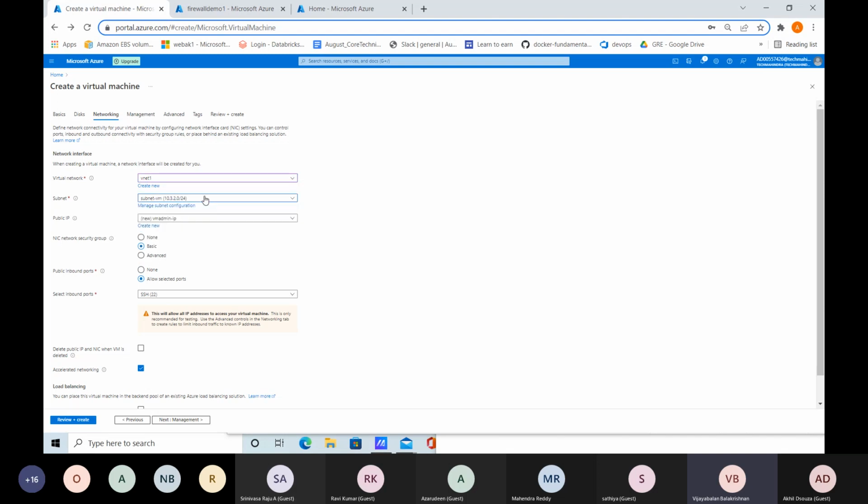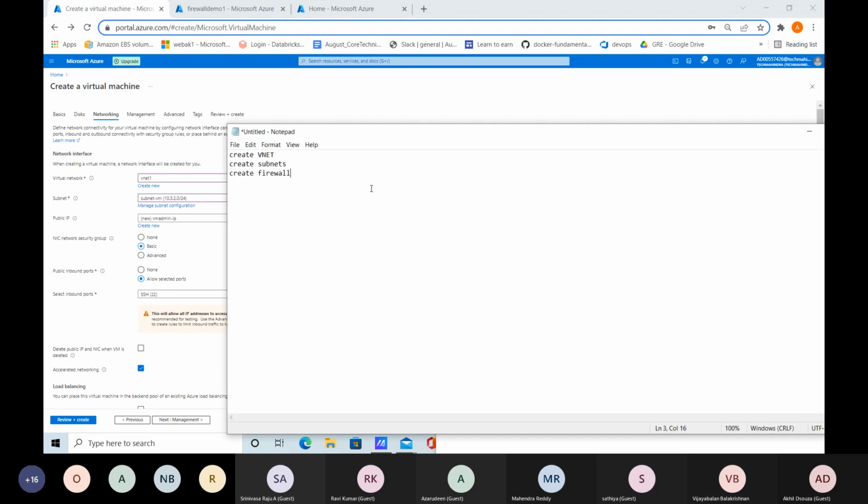So now you are seeing it, right? So that means, can you go back to your notepad? Okay, so now create a firewall. Can you go to the second step? Put a bracket. Create subnets. Go to notepad. Go last. Yeah. Put a bracket. Start with bracket. So that means you need to first create your firewall subnet, then whatever resource subnet. Do you agree?